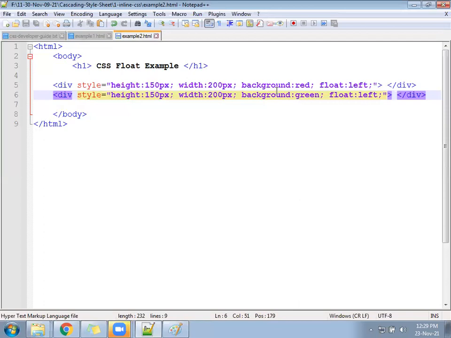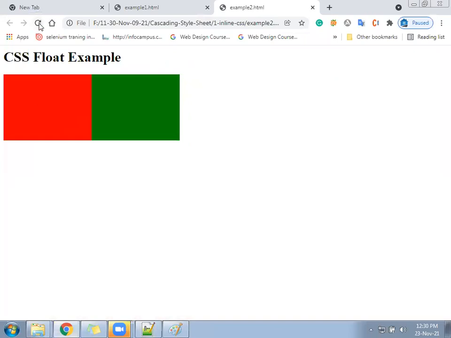It changes the behavior of the element from block to inline. It has two values. The first value is called left, the second value is called right. So when we follow left, you can see your elements are getting arranged from LTR, left to right. Correct? It is coming from left to right, starting from left going towards right.